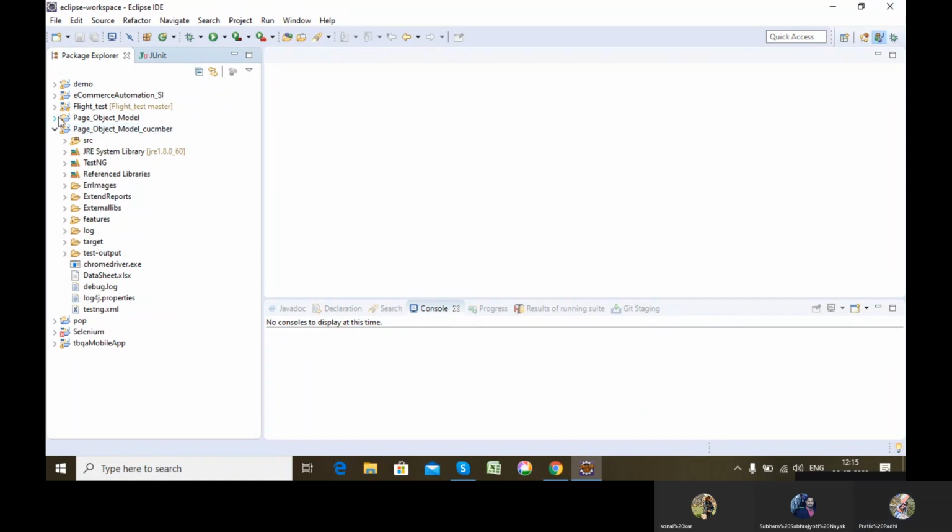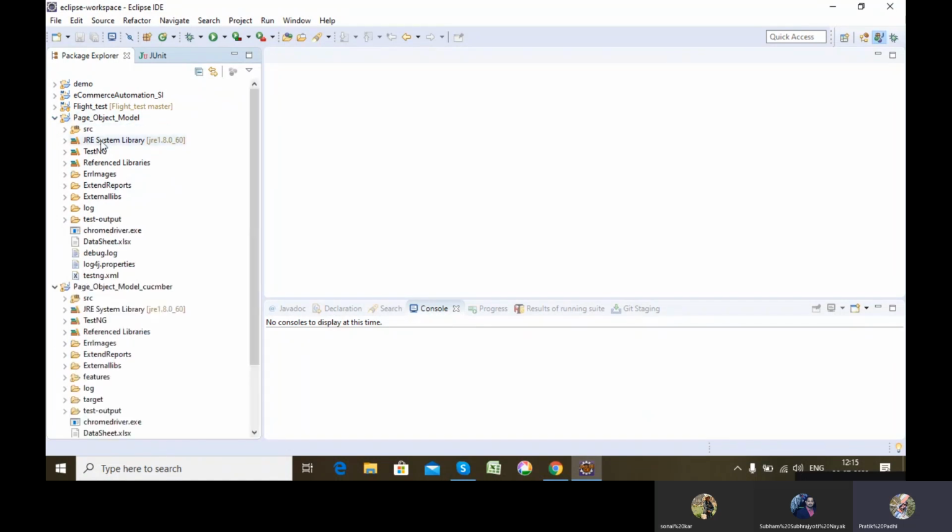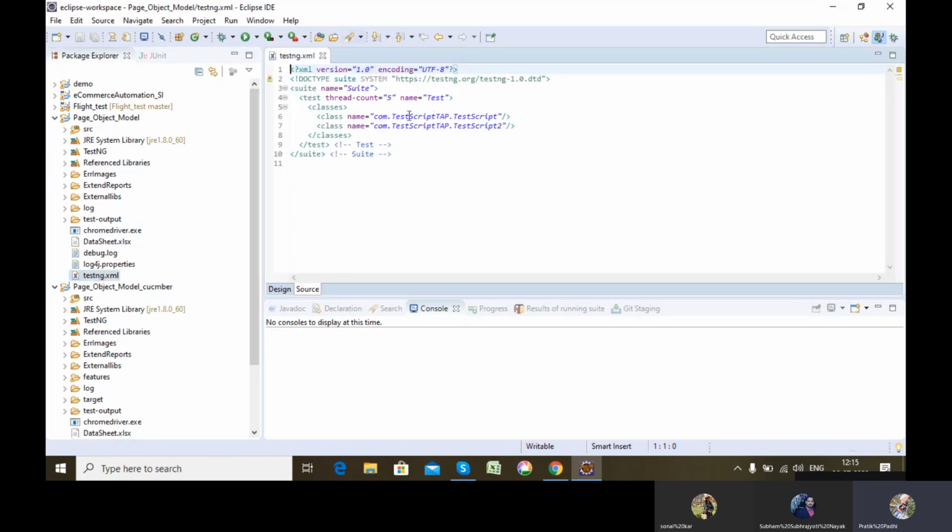Let's see the previous framework which I have taught. I have used TestNG. So once you are running this TestNG suite, all these things are understood by you because you know what all these things are. But a layman, for example a client who doesn't have any technical knowledge, what will he understand from this particular file?